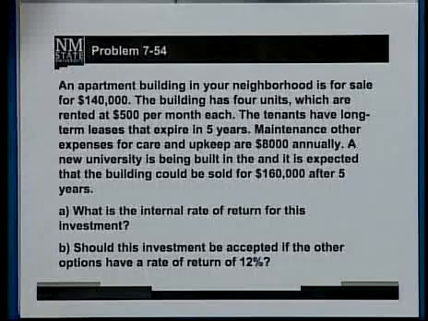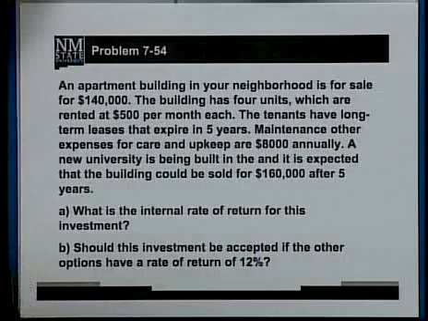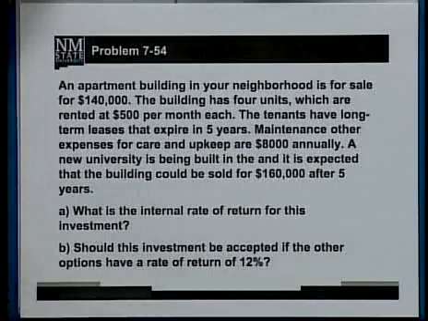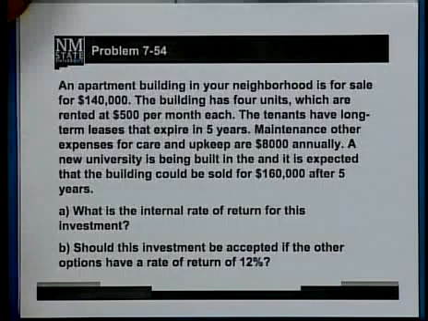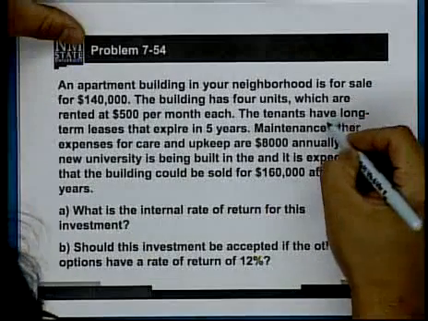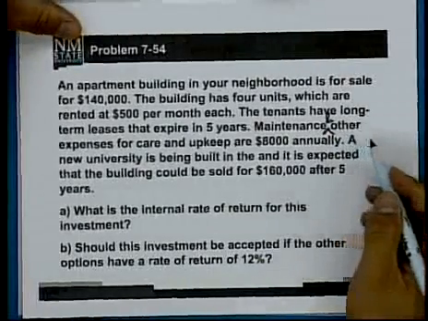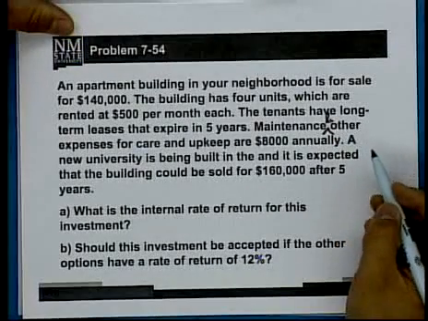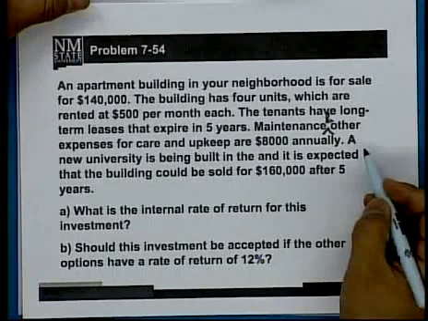An apartment building in your neighborhood is for sale for $140,000. The building has 4 units which are rented at $500 per month each. The tenants have long-term leases that expire in 5 years. Maintenance and other expenses for care and upkeep are $8,000 annually. A new university is being built in the vicinity,